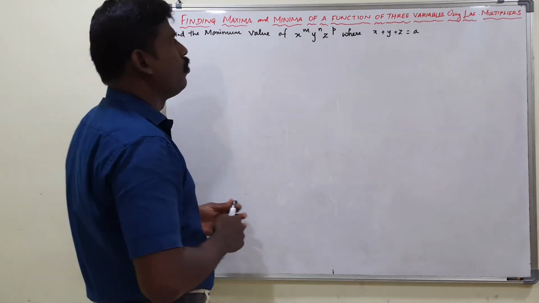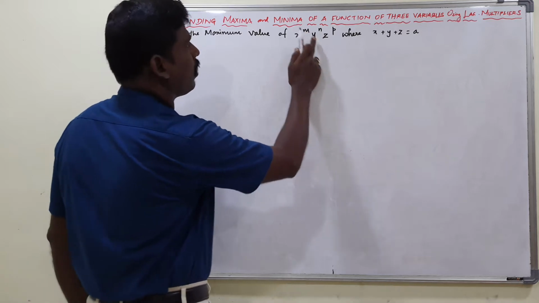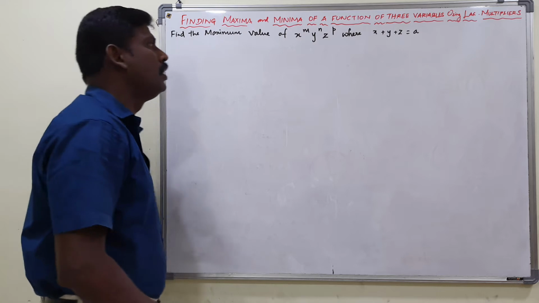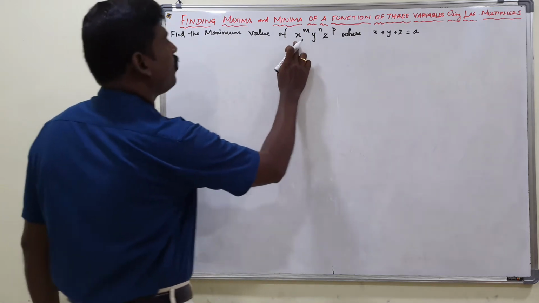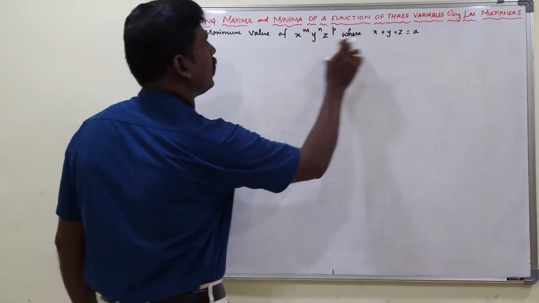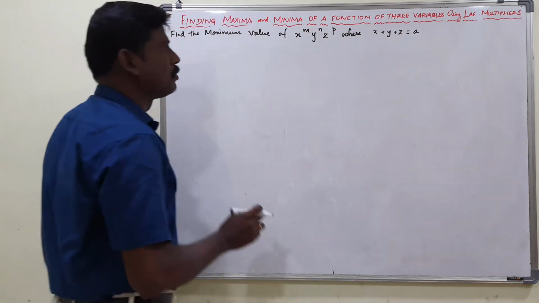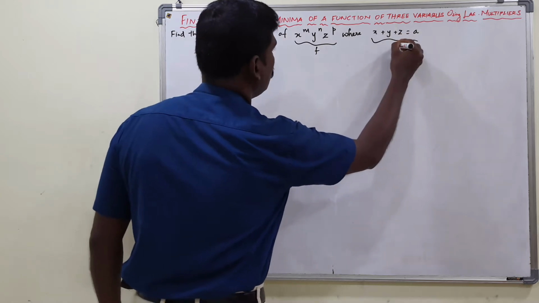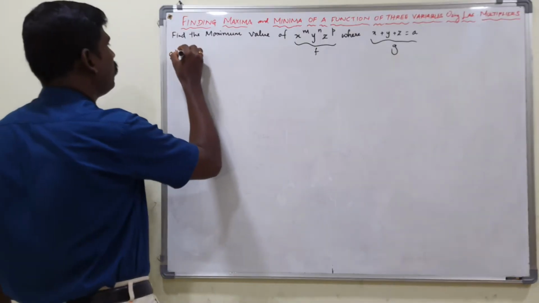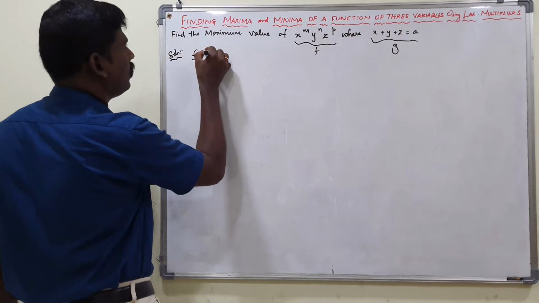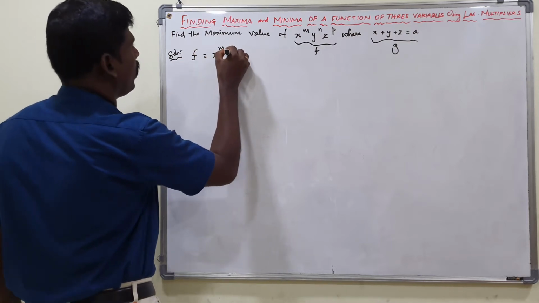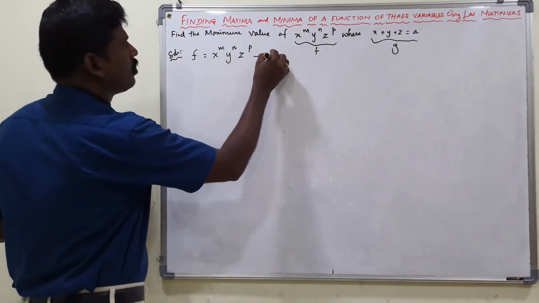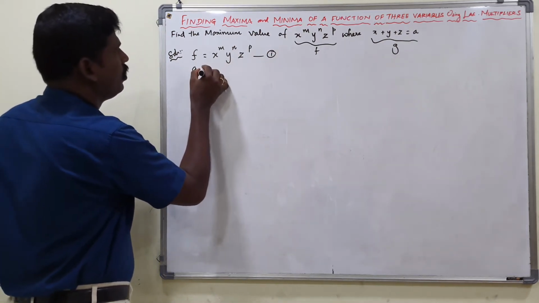Find the maximum value of the function x power m, y power n, z power p subject to the condition x plus y plus z is equal to a. So we are going to find the maximum of this function subject to the constraint x plus y plus z equal to a. So we have to take this as f and this as g. Solution. So f is equal to x power m, y power n, and z power p. Call it equation number 1, and then g is equal to